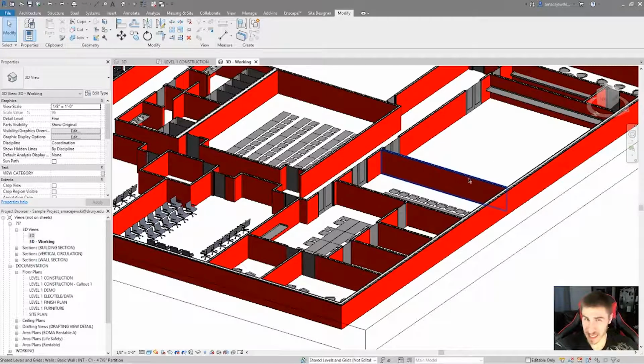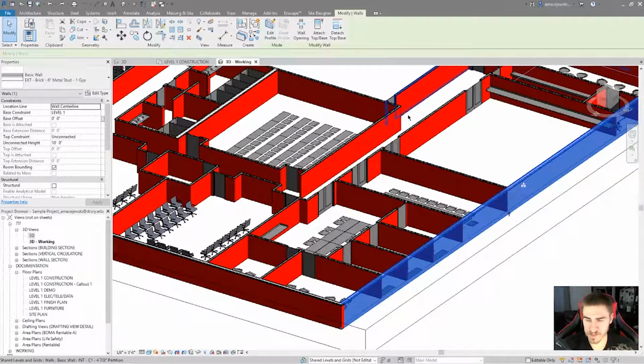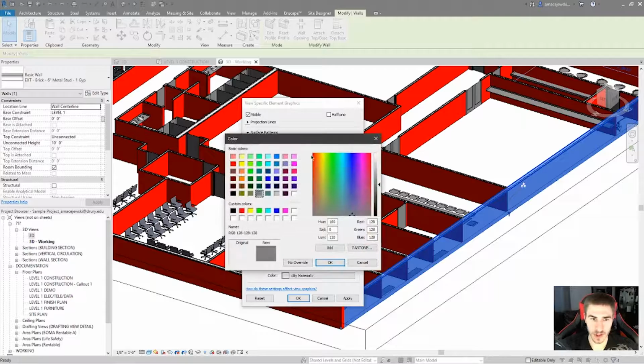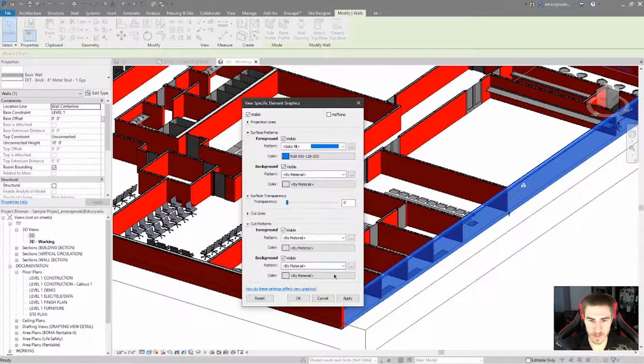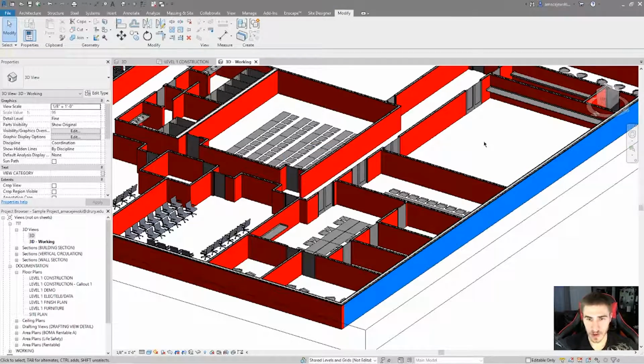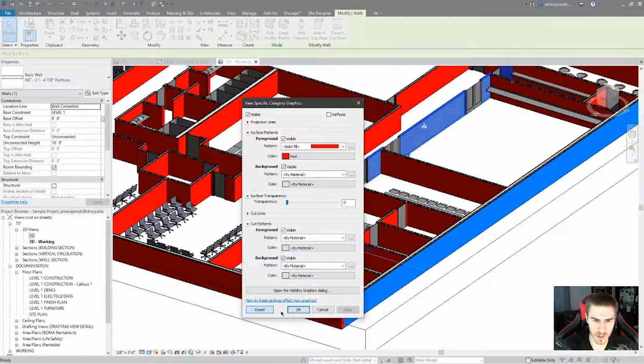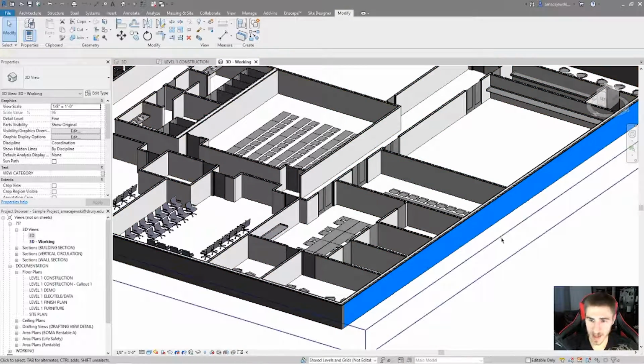I can start getting kind of fishy with things and selecting this wall, overriding it by element, and maybe we want this to be blue instead. So change that to blue, hit OK, and apply, and that'll turn blue. So that's great. And now maybe I want to go into this wall, and I don't want all these red, so I can just reset that, hit OK, and because I overrode that element by element and not category, the blue will stay. So all that to say, you have to